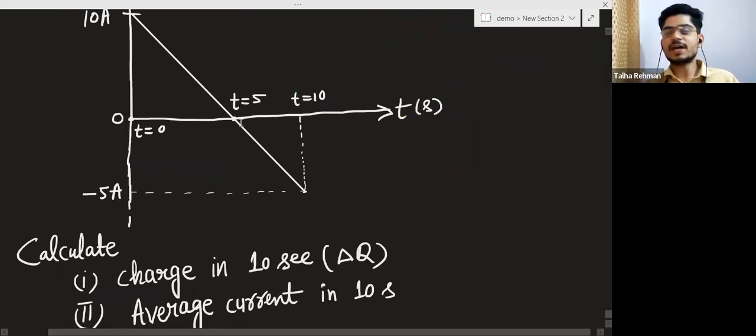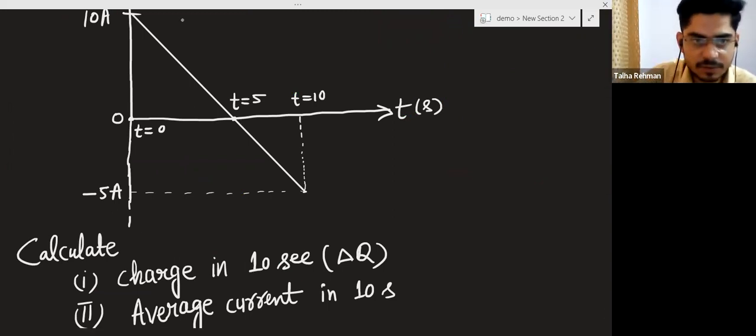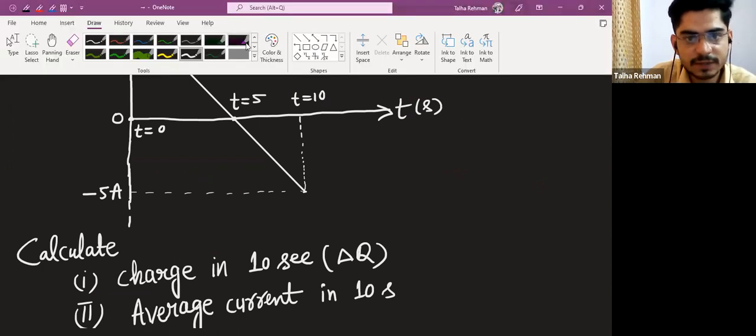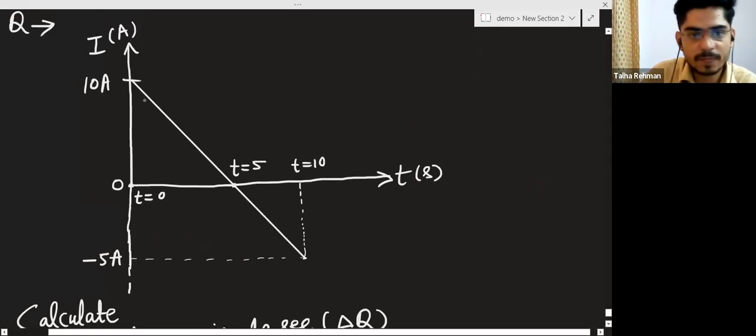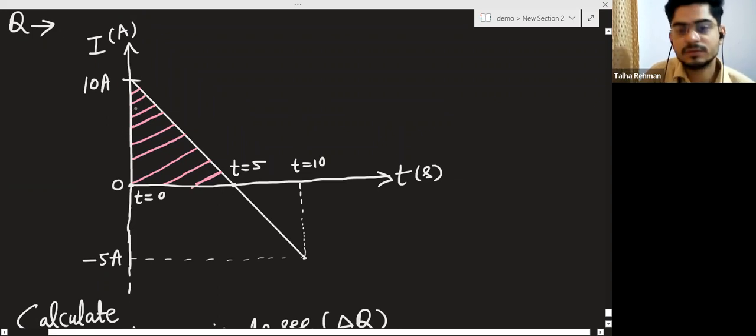And we know that charge is a scalar quantity, so we will take charge with sign. The meaning of this is that if I calculate this area, and this is in the positive time axis, and this current, okay, under this,